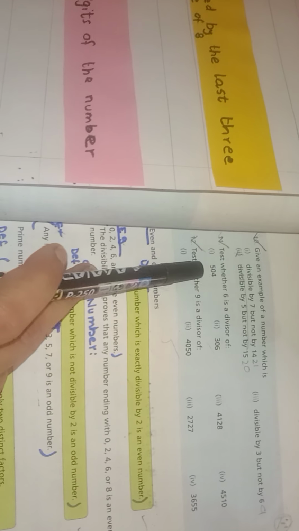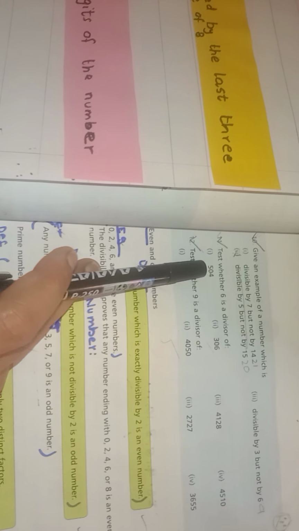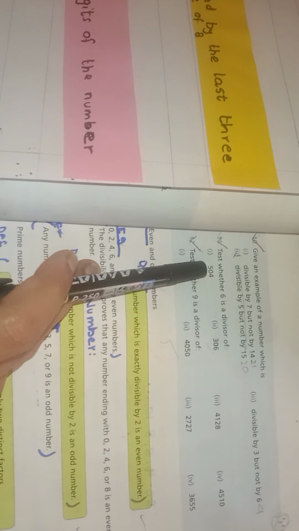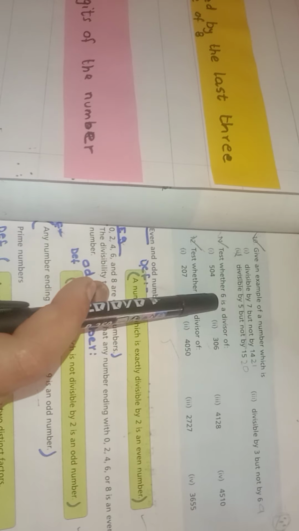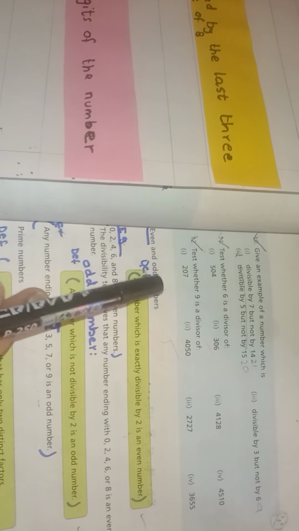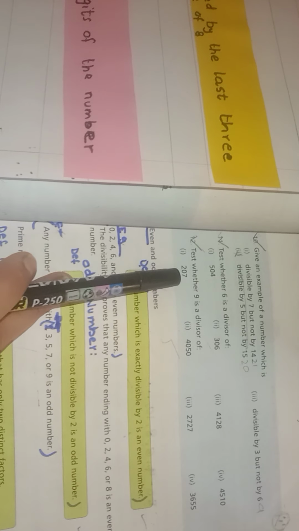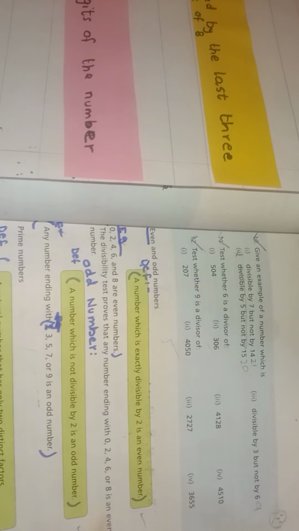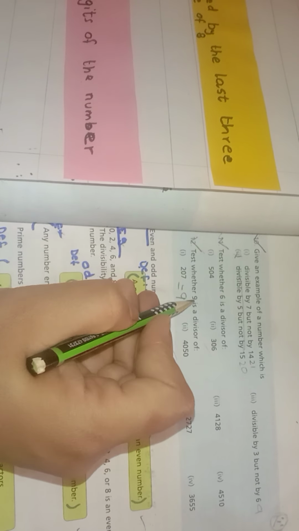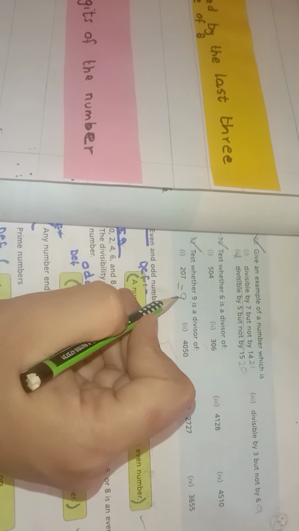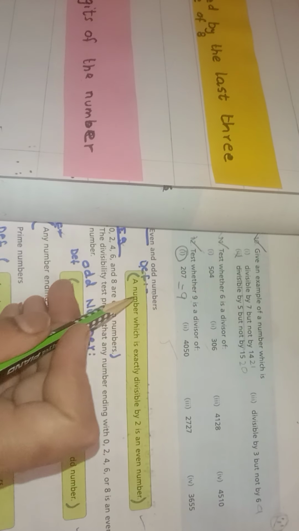which is, first of all you will check that it is an even number. Yes, it is even, then you will add them up. If it is a multiple of 3, then it will be divisible by 3. If both tests are satisfied, then it is divisible by 6, right? For 9 you will add the sum, like 2 plus 0 plus 7 is equal to 9. 9 is a multiple of 9. 9 ones are 9, so it means it is divisible by 9, right?